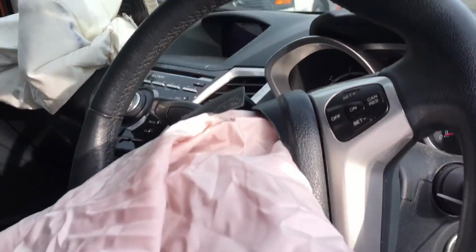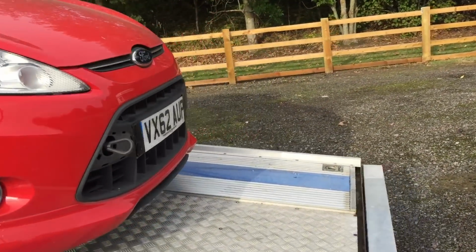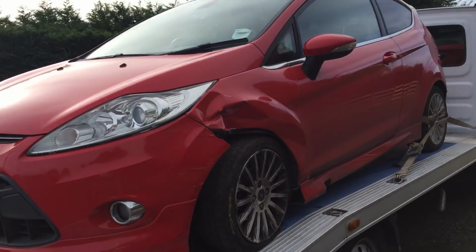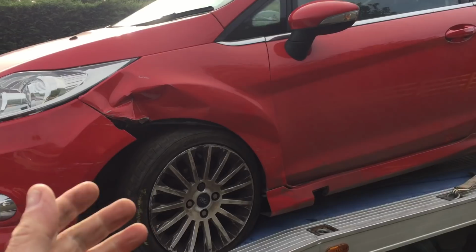But I'm going to go ahead, go over, grab a lower arm for the car, get it fitted on, and then hopefully drive it off of the truck today. I'll grab a wing for it while I'm over there, the Ford breakers where I normally go. I don't think he'll have one in red, but it's going to need painting anyway, and I'll be having that